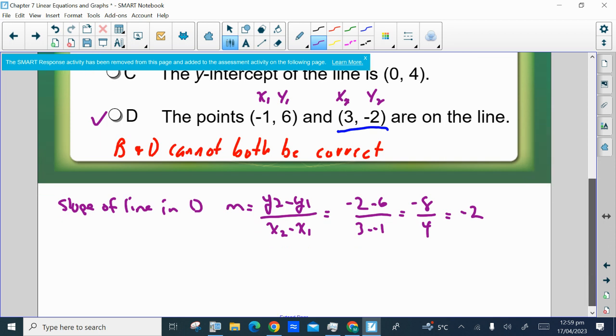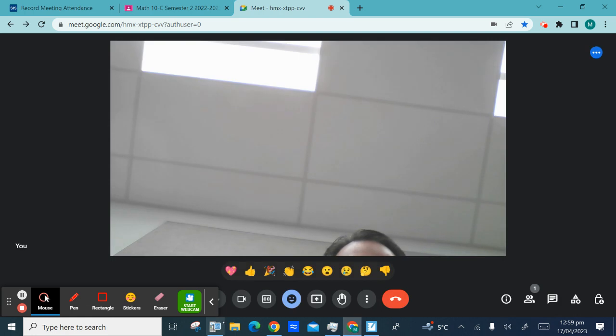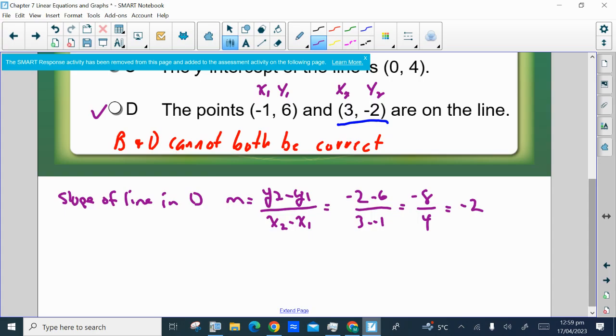Okay, and so to do that, if we start with the point negative 1, 6, and our slope is negative 2. So that's our rise over our run. If we rise negative 2, we are going to run 1. Now, if we want to get to a slope of negative 1,